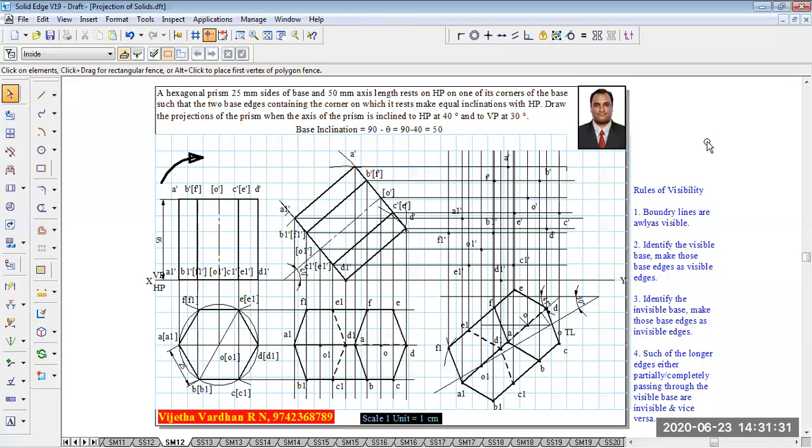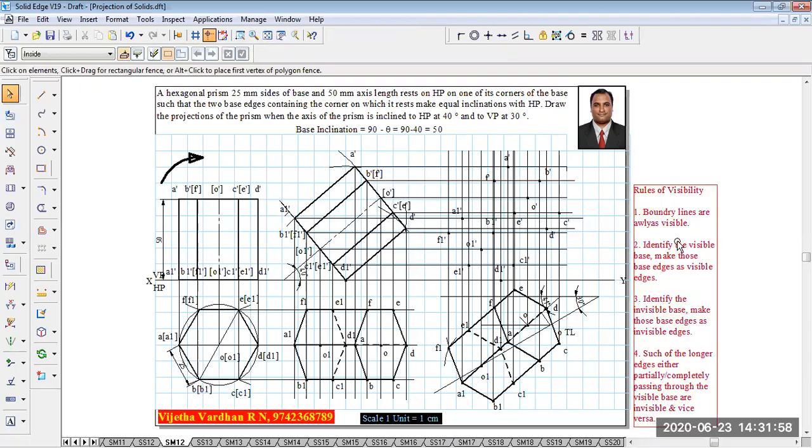Yes guys, now you can see that I have completed all the projectors and marked the respective corners properly. And here, when you get the prisms in the examination, you should be very cautious and be very careful, because the reason is more number of projectors and more number of points you are going to locate, which may be a confusing part. So please be careful while solving the problem over here,